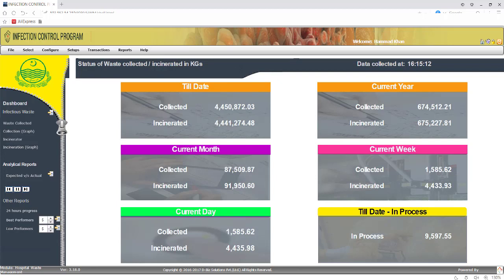So I have first card that is named as till date. In the till date I have how much waste I have collected and incinerated till date. That is 4.4 million collected and 4.41 million incinerated. Another card is for current year. It means how much waste I have collected and incinerated in the current year. That is 67 something. So in the next card I have current month, and with the same collection and incineration status